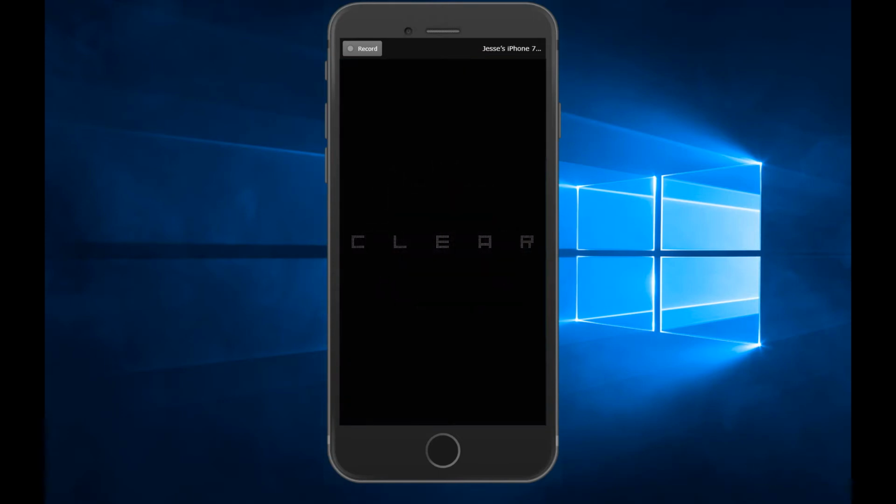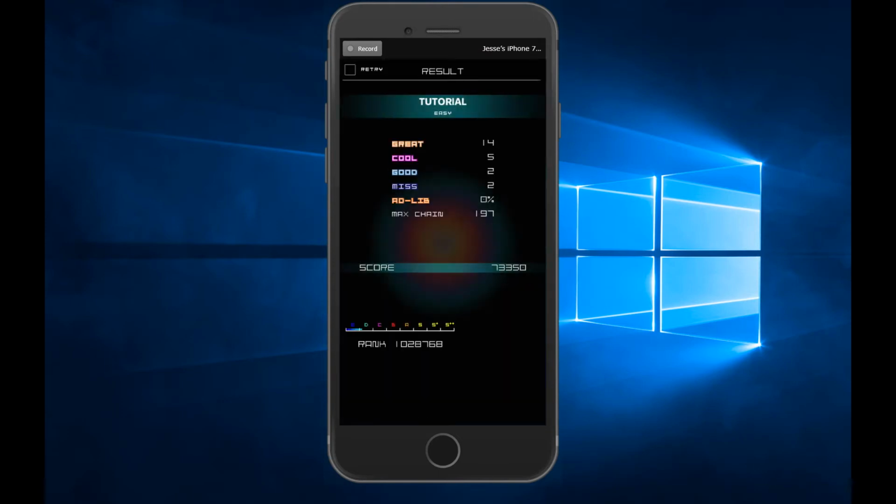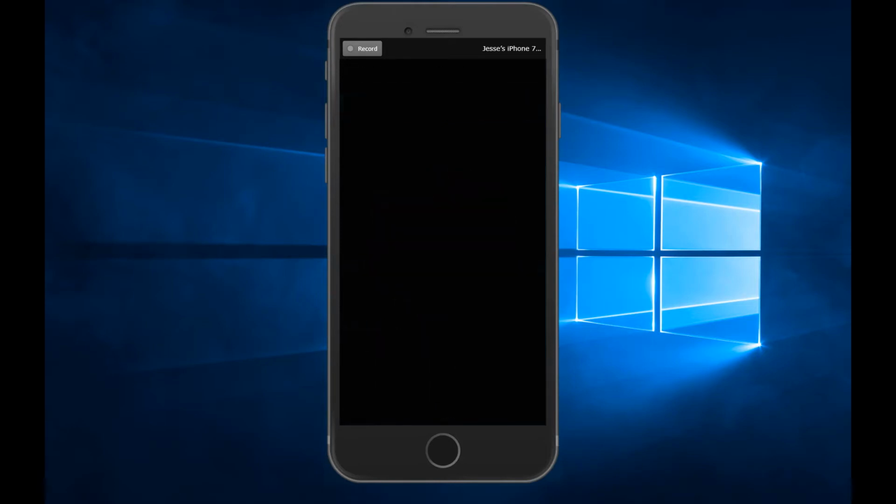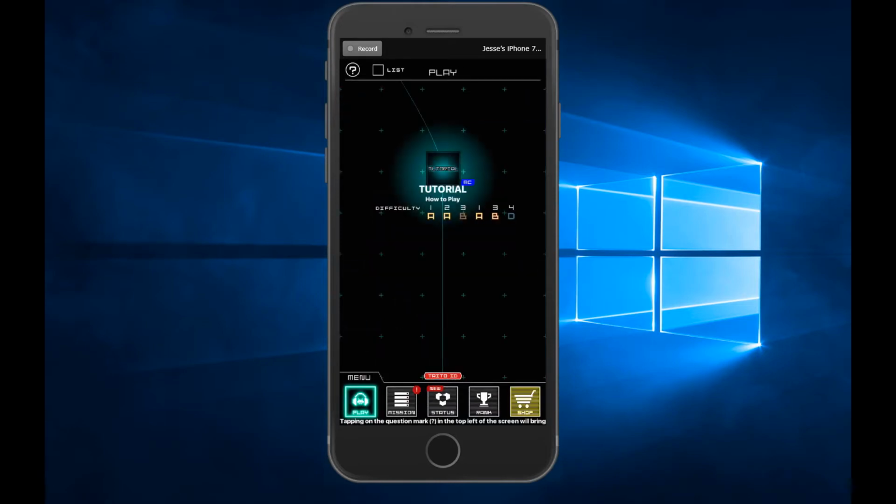Alright, how do we do? I think we should have at least got an A, I would think. So you get letter grades. Alright, A, there we go. We got an A. So you earn points, you earn experience essentially, and you can level up. And when you level up, you can go to the rewards area, and you can unlock different things. Like the main one that I've been shooting for is trying to unlock new songs to play.